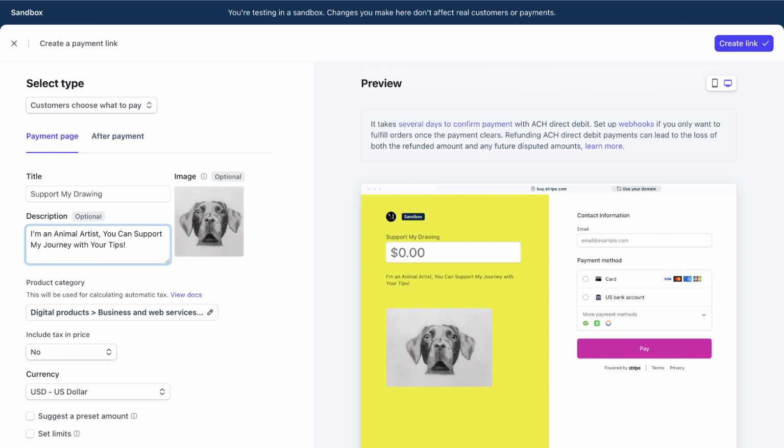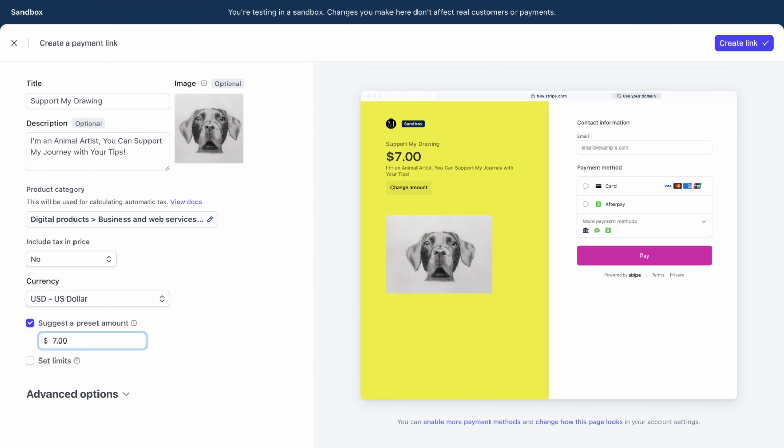After that, set up your own currency, aligned with your audience's currency to make it easy for them to do the tippings. You may suggest an amount of tips that you would appreciate more. And don't worry, when you set some amount, your audience can still change it according to their liking by clicking on